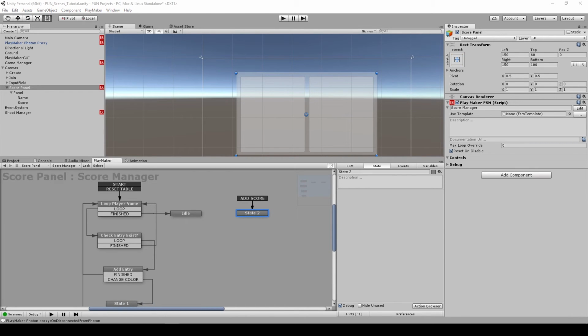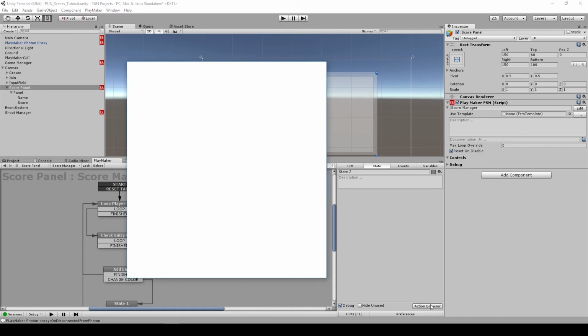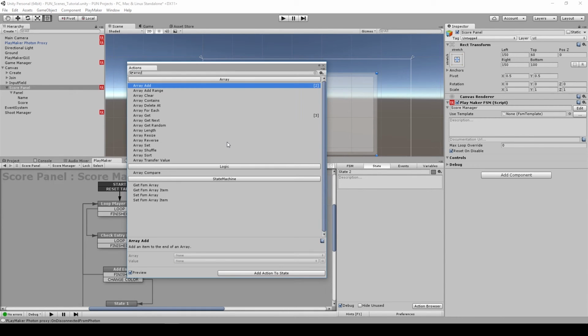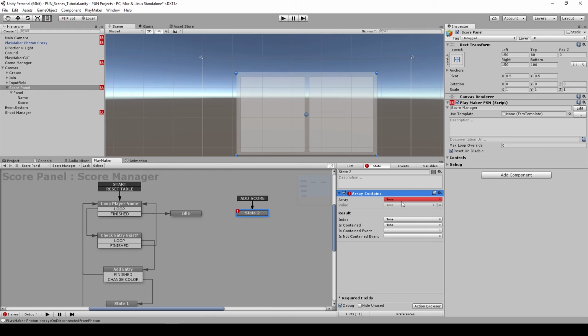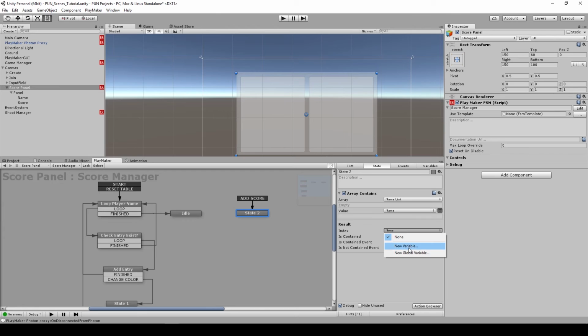So under add score, we are going to get the index from our name list first. So this is where the array we have created before is useful. So choose the name list and the value with the name that we have currently, and then we are going to retrieve the index. So create a new variable called retrieve index,